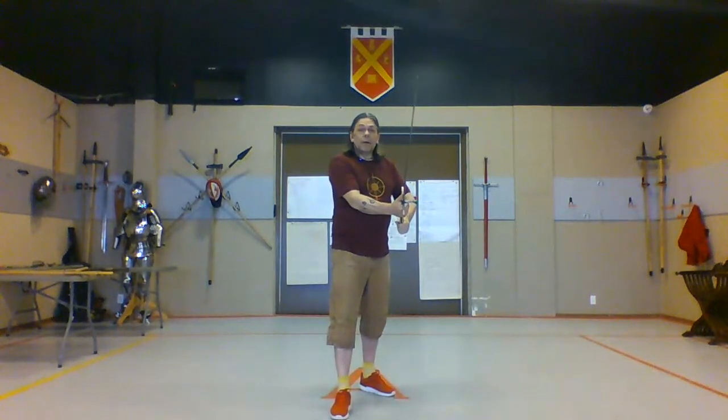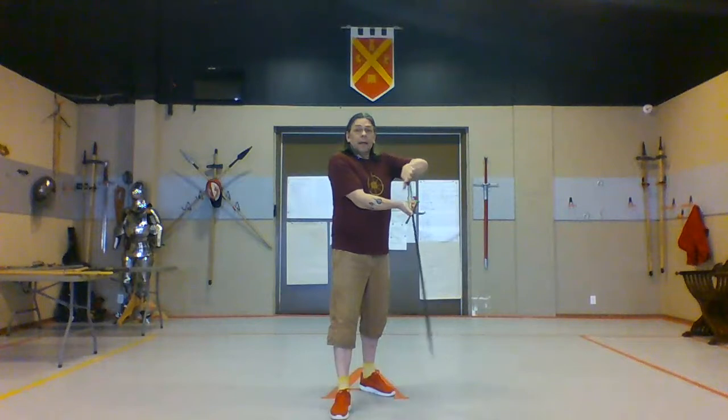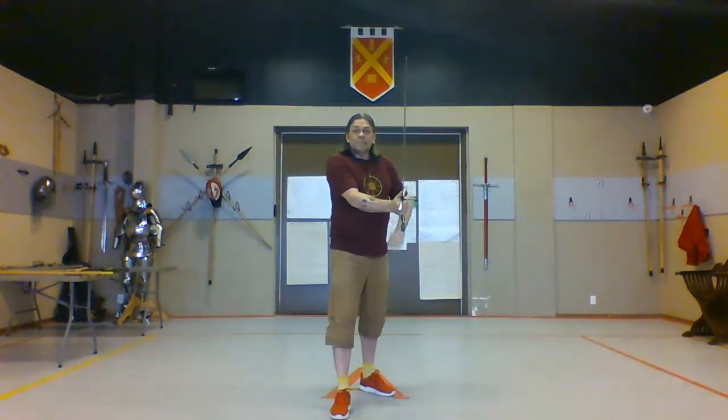So I'm starting in a Beauregard, and I'm going to lift the pommel and then circle around. And as much as possible, I want you to keep your right hand where it is and use it as a fulcrum, or your upper hand, whichever hand that happens to be. All right, so down, 1,